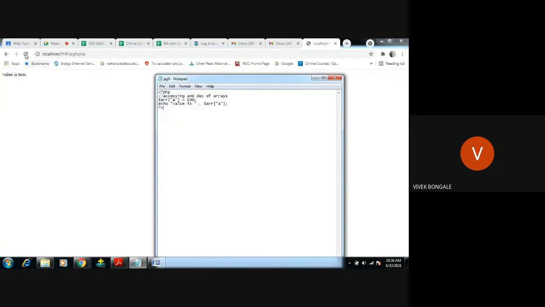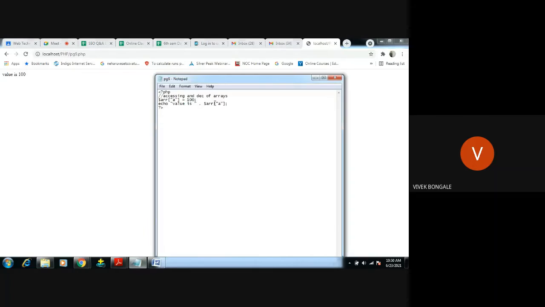Save. It gives value is 100. Here what we are doing is creating one array and assigning only one value for associative. This is an associative array.